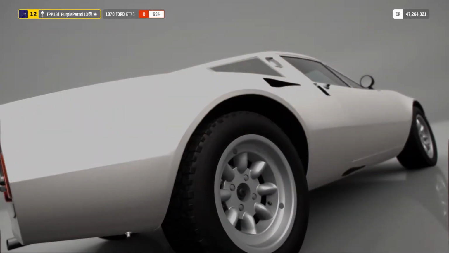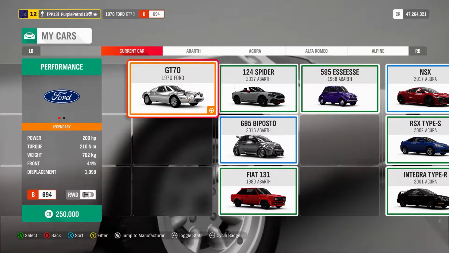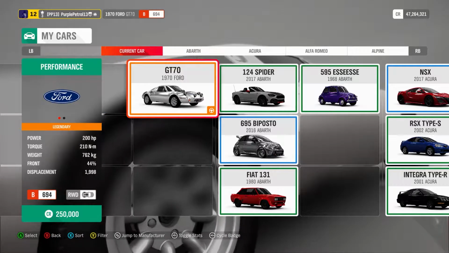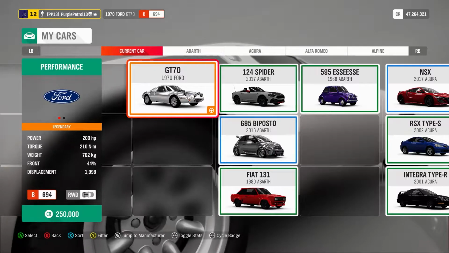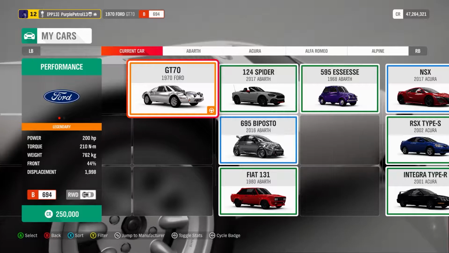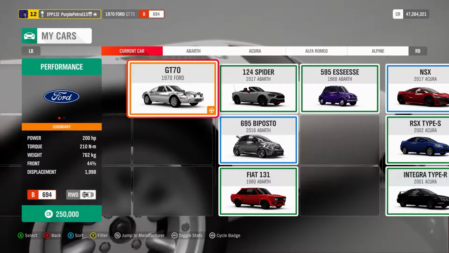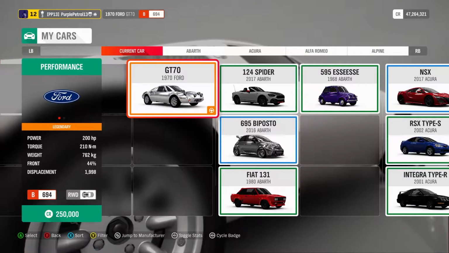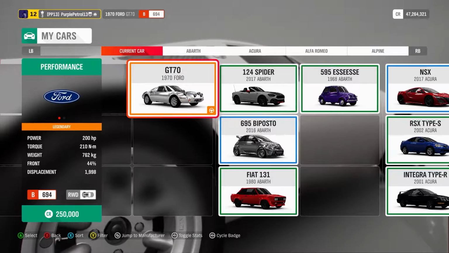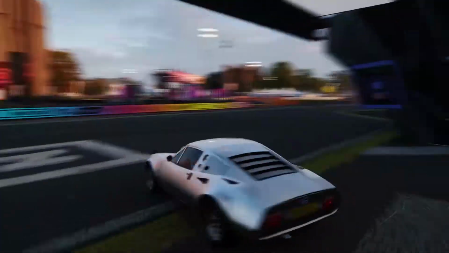So if we go and change car, flip down here, we see it's got, you can see the displacement of it and figure out very quickly which engine that is. So this is, okay, that's slightly weird. You can hear it's, in the game it's a 1.9, which doesn't make much sense, because either it should be a 1.6 inline 4 or a 2.6 V6, depending on which engine it is, so that's slightly weird. Anyway,